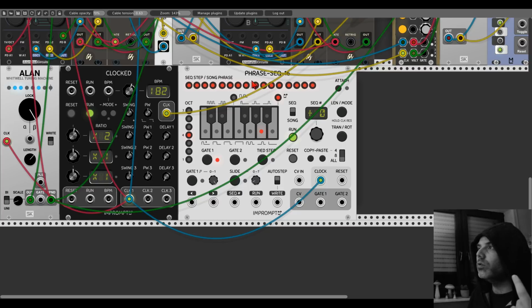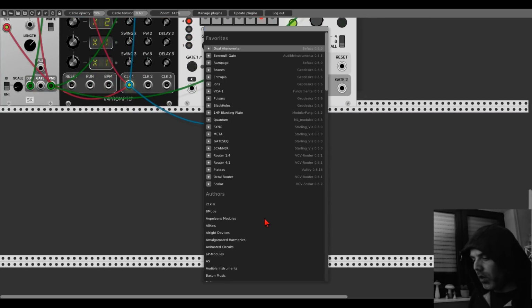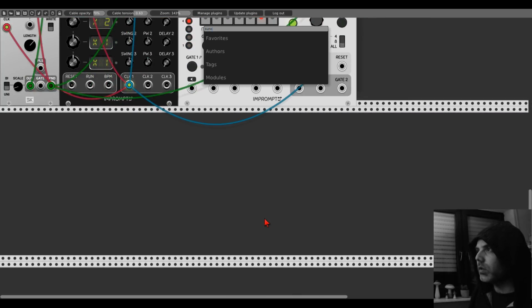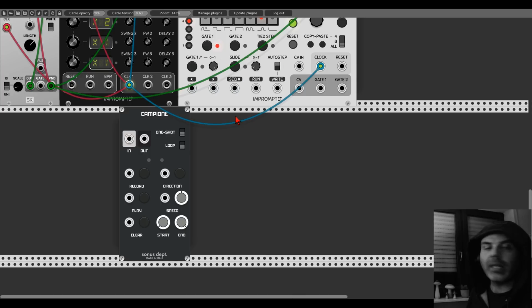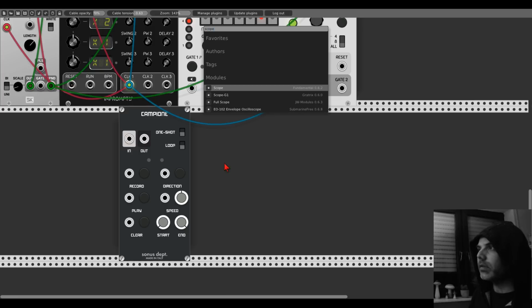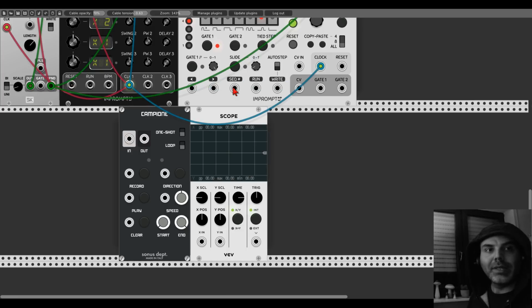What you can also do, and this I don't know why, I mean, if you can save it as a preset, it doesn't matter, but there was a question in the forum how you can record control voltage. If you go to Sonus Modular, it's called Campione, it's a live sampler. Let's take a scope, which will sample, which will record also control voltage. So I will take to the input the Turing machine,